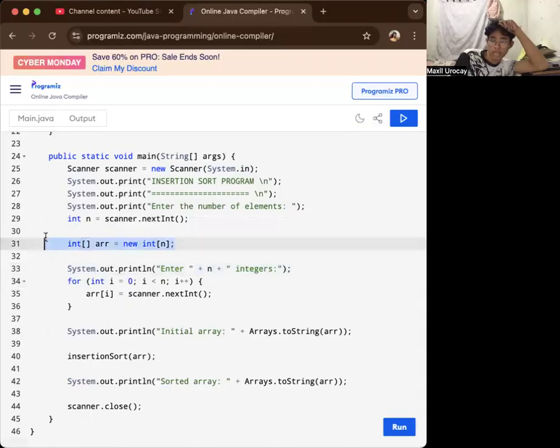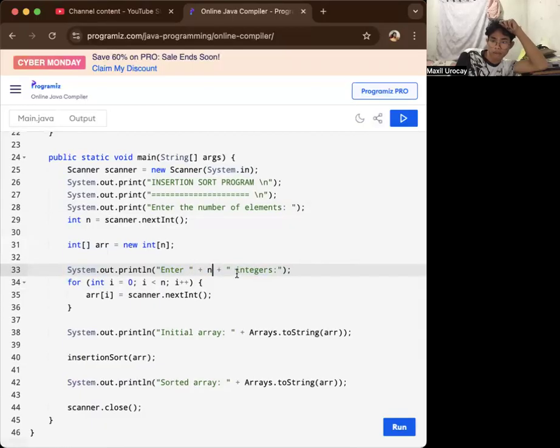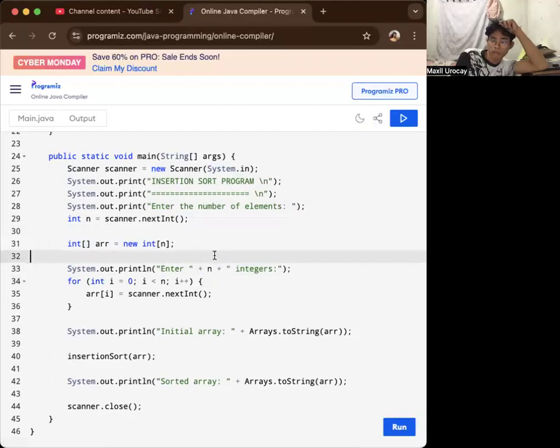So since 5 ang imo nga n, we request you to input the integers, enter number 1 integer, number 2, and so on. Then this asks the user to enter the n integers to populate the array.